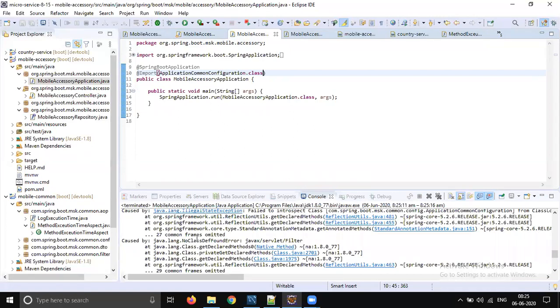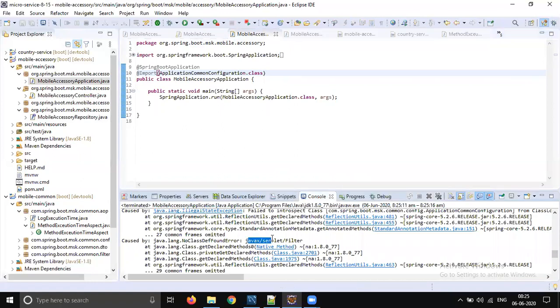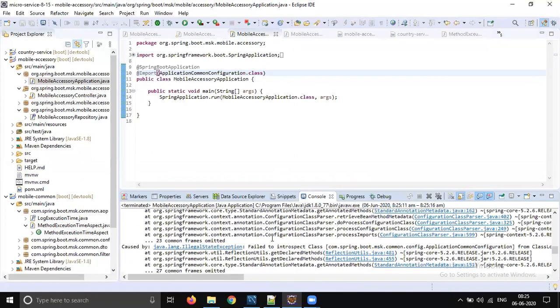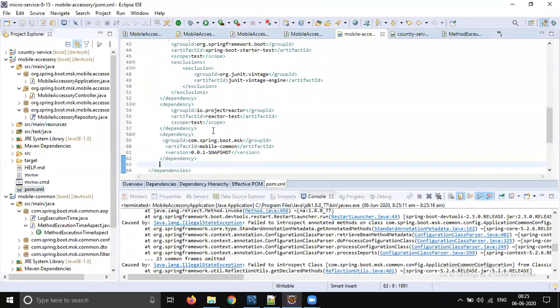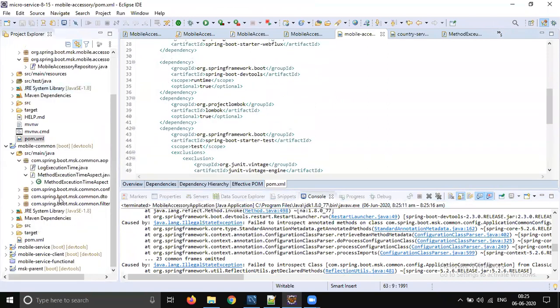Okay, there is some problem. javax.servlet.filter. Okay. I think it's added in the pom.xml file.